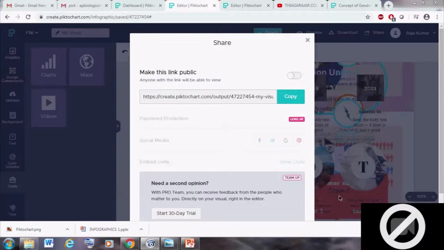You can type it now. Infographia, Infogram, Venngage.